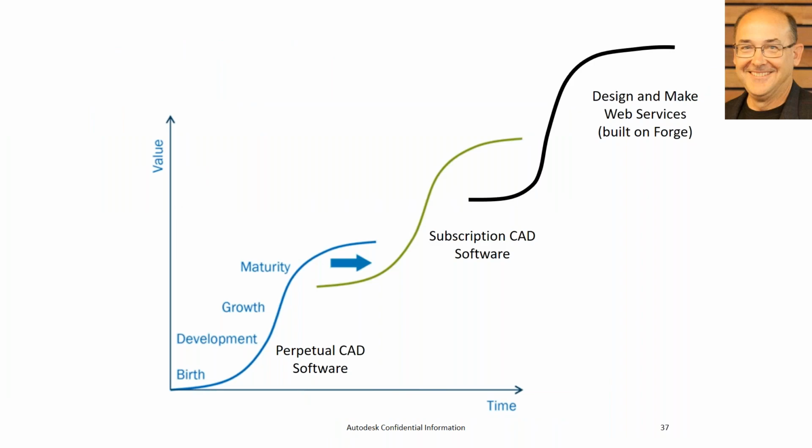So again, what Forge does, Forge takes us to this third growth phase. Perpetual CAD software, individual products over the last 15 years. We're now maybe 2 years into this switch to subscription and subscription of collections, of bringing in many new customers, because the cost of entry of subscription for a year is so much lower than the cost of perpetual software. And we are on the way to building out the third wave, which is software as a service.